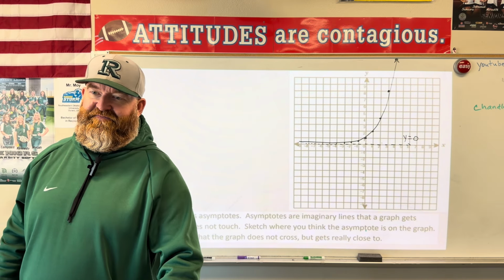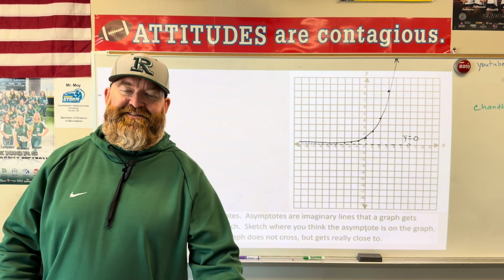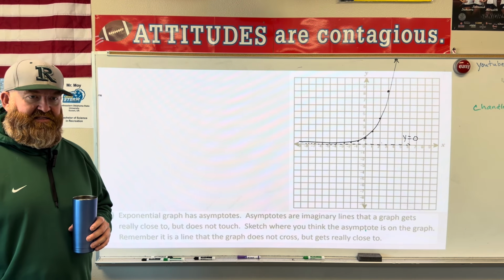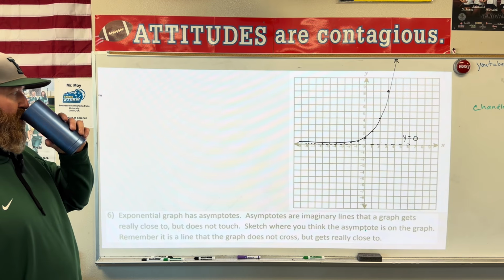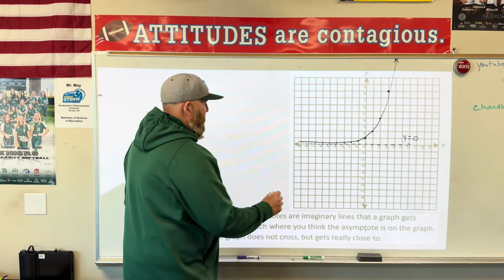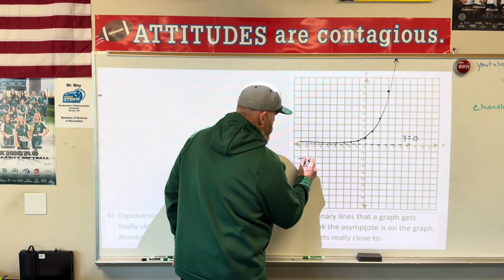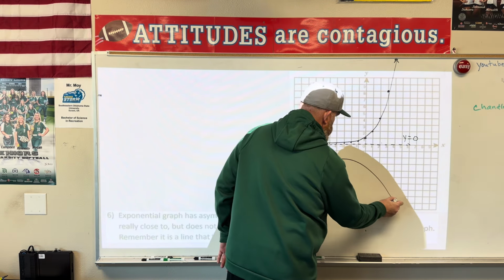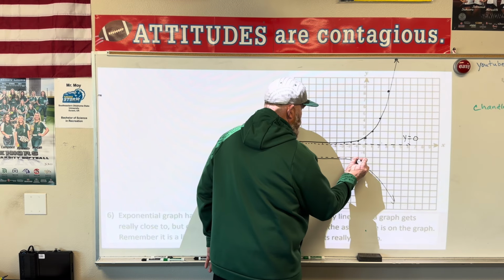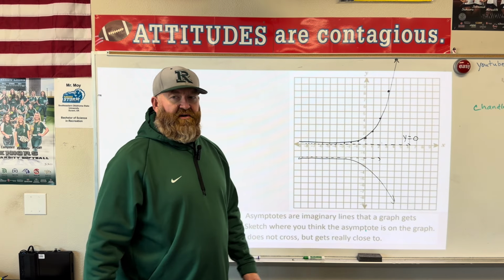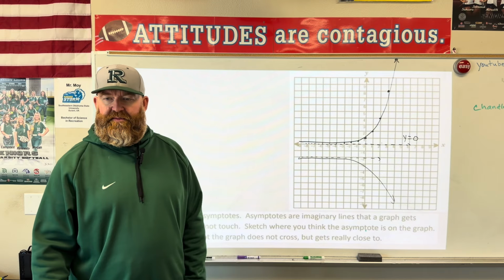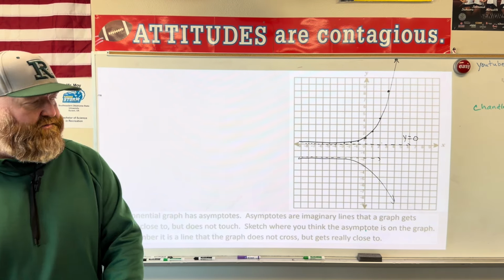Does everybody understand asymptotes? That's the line it almost gets to, but never fully gets there. Sometimes your graph might look like this, okay? And it might do that. So my asymptote would actually be this one right here, y equals -2. You don't have to draw that, I'm just showing it to you. It's a line that it almost gets to, but it never fully touches. Good? All right, here we go.